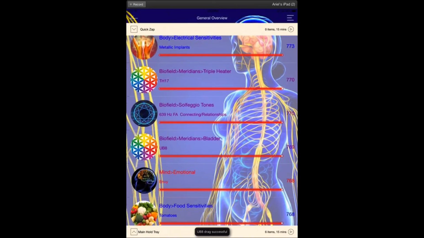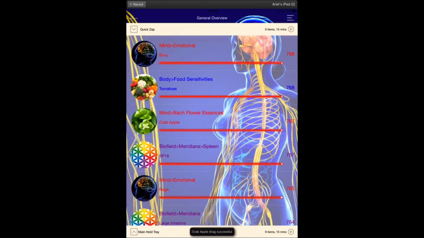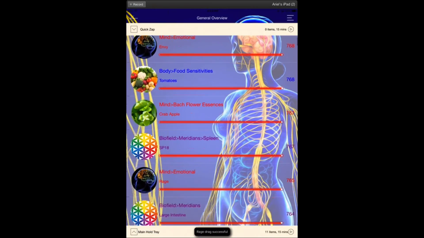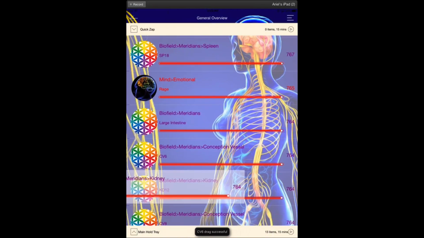Somebody sent me a question right before the class started. They said, when you're in progressive insights and you get something that is medium or low, does that mean that it's not important? No, it does not mean that it's not important. That's a really good question, though. So why is it medium or low? It's definitely of lower priority.